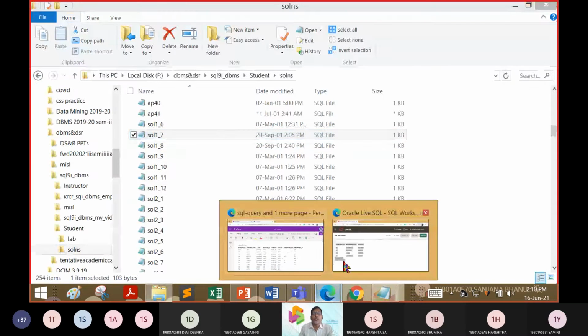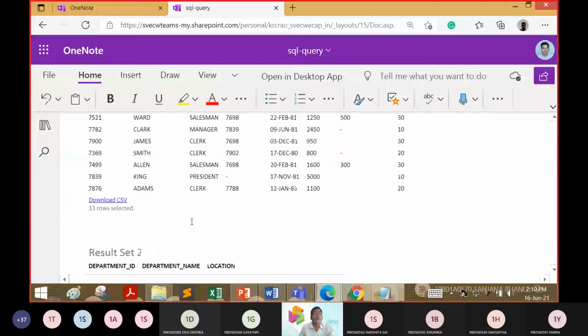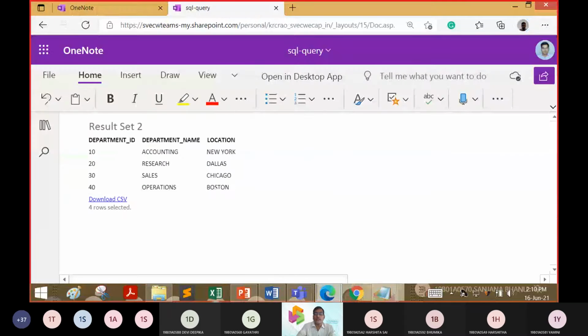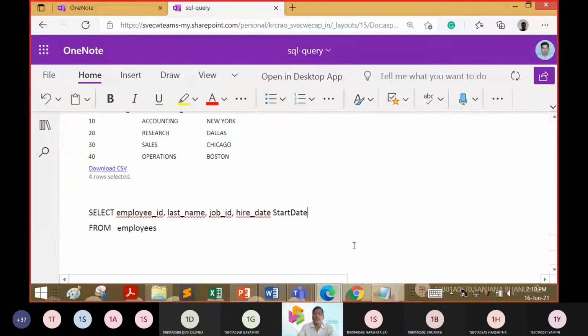If such a query has to be taken up, what was the expected answer? So I think hire date, we are calling it as a start date. It won't display; it will be as a header form.